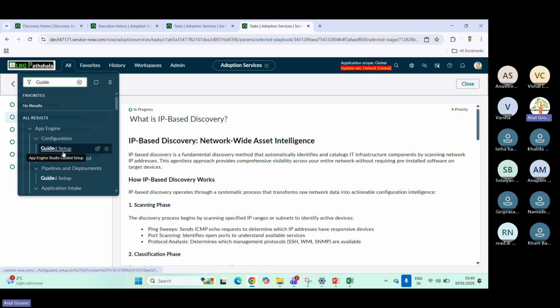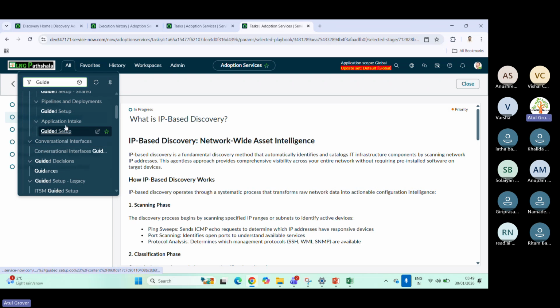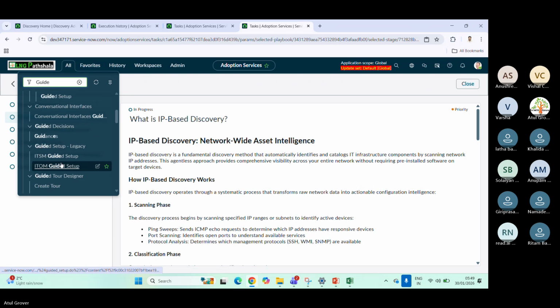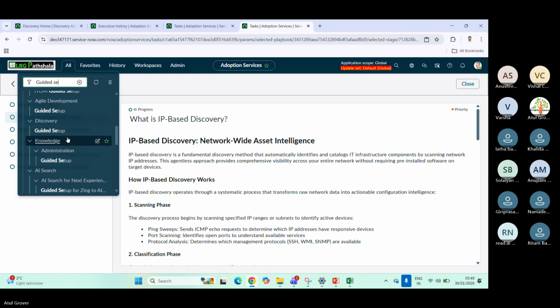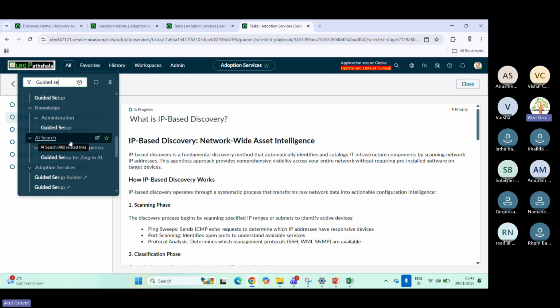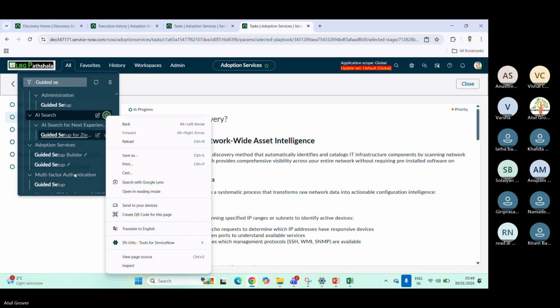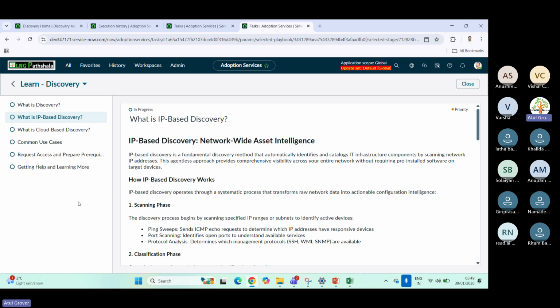This guided setup: App Engine is there, pipeline deployment is there, application, ITSM guided setup, ITAM guided setup. So if you install a product, chances are that you will get a complete guided setup. Knowledge, AI search, adoption, multi-factor MFA. This will help a user go step by step